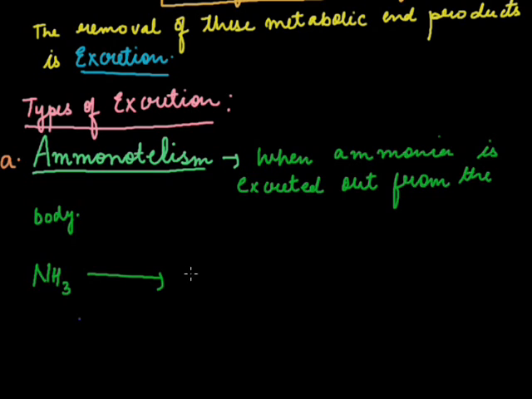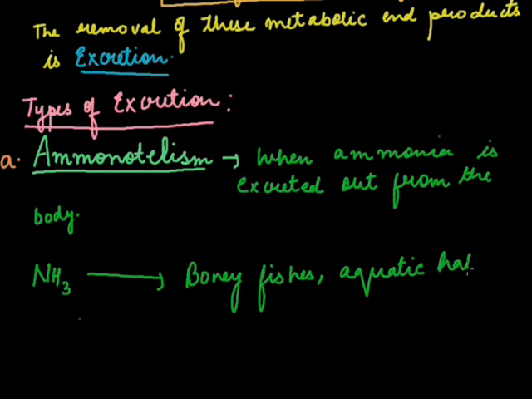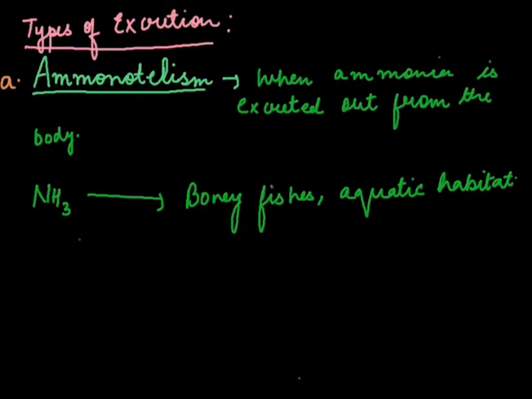Who releases ammonia? The examples are bony fishes, and mainly the organisms living in the aquatic habitat show ammonotelism. Now, second is